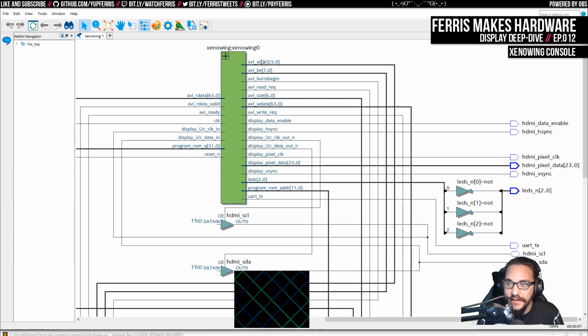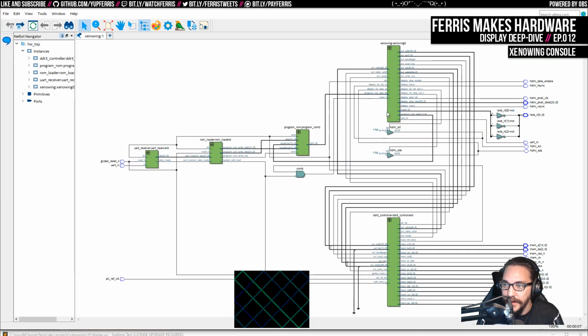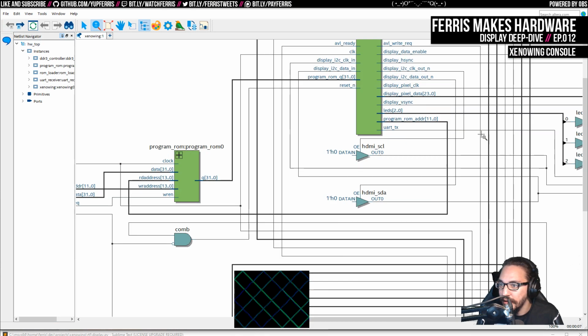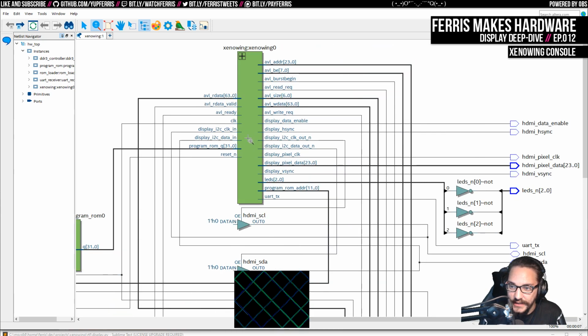Anyway, this is the xenowing here. What I did is, in the xenowing module itself, if we zoom in here, I don't want a lot of bidirectional signals coming in and out of the xenowing itself, and that's for simulation. It makes it a little easier if we don't have those kinds of signals. So I think I've separated the I2C clock and data as separate in and out signals. And then in this top level stuff, where I actually hook it up to the hardware, I put these tri-state buses on it because